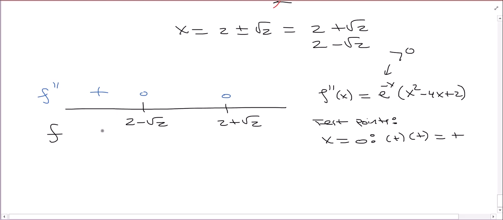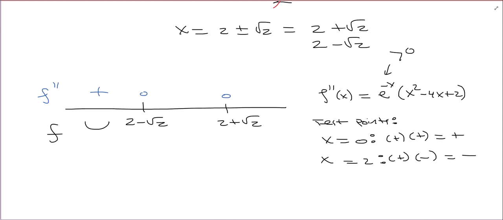So what does that tell you about the function? Sad face or happy face? It is concave up, so happy face. And then a test point between 2 minus root 2 and 2 plus root 2, we can pick 2. That's right in the middle of those two. So that's always positive. So then 2 squared, that's 4 minus 4 times 2. So 4 minus 8 is negative 4 plus 2, so that's negative. And so that means that the second derivative is negative, which tells us that the function is concave down, curves